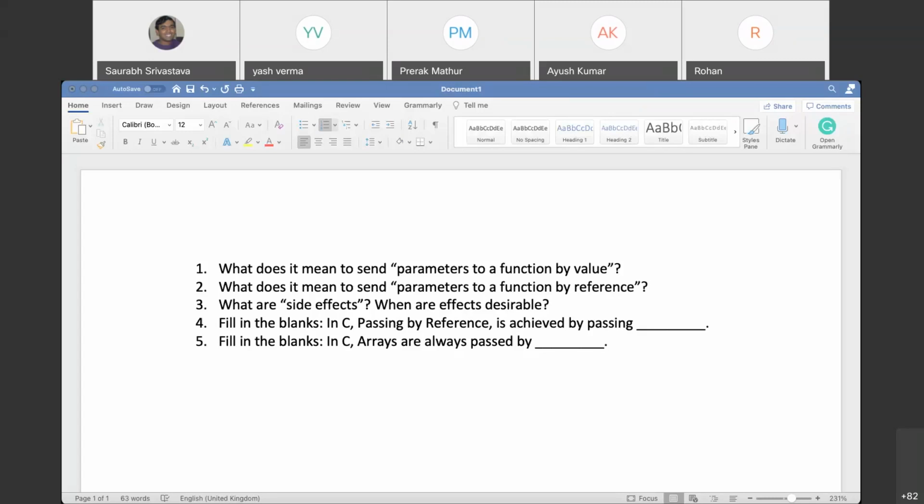Rather, it gives the already existing memory location to the compiler, and the operations are done there only, without copying it to a new place. So our changes are maintained, and it is not freed just after the function returns. For this, we particularly use pointers to pass the value. In the parameter, we write int star and some pointer name, and we pass the memory address using the ampersand sign. Is that okay?